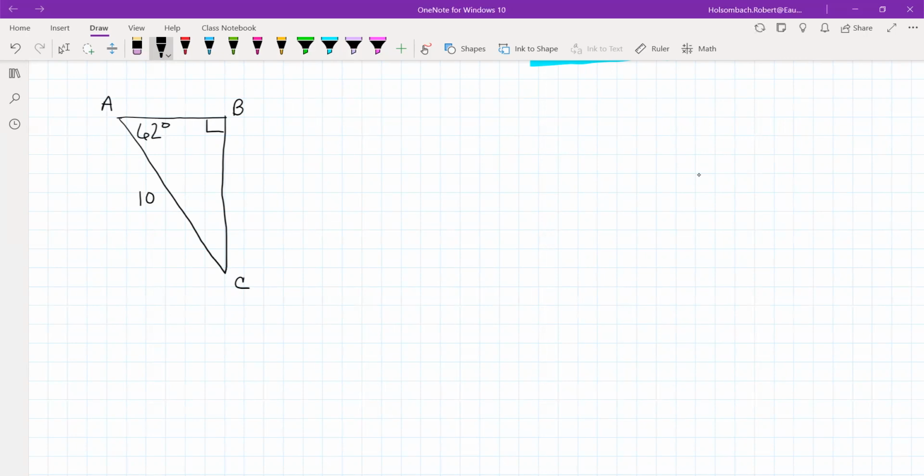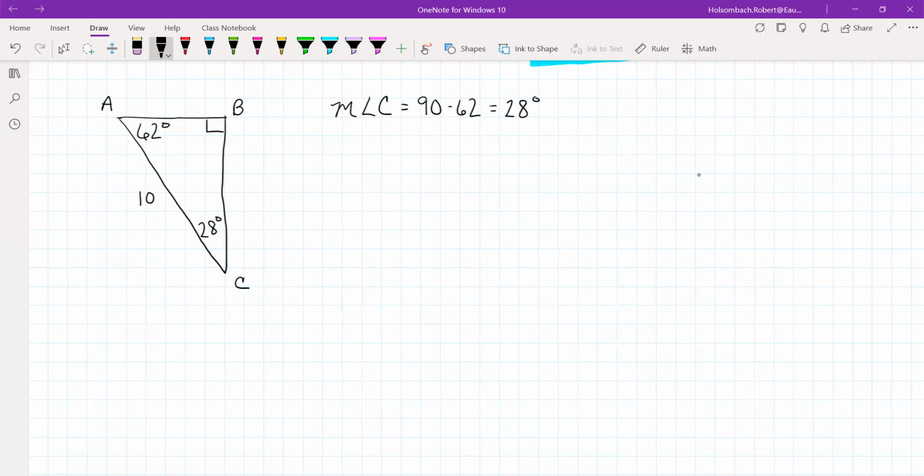Now, we don't have that second side, but the measure of angle C is equal to 90 minus 62, which is 28 degrees. So we've got C. Now, we need AB and we need BC. So look, we're going to use Monday's lesson